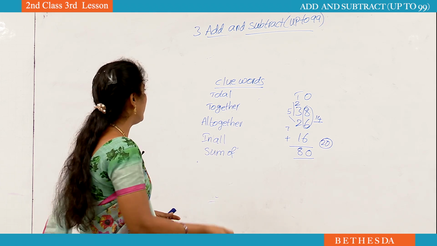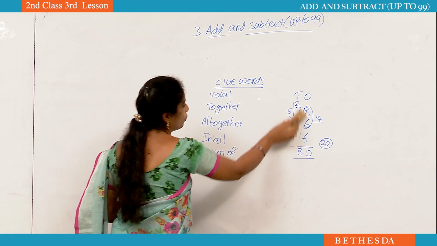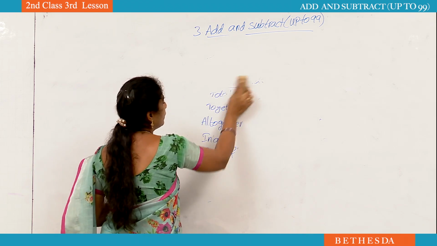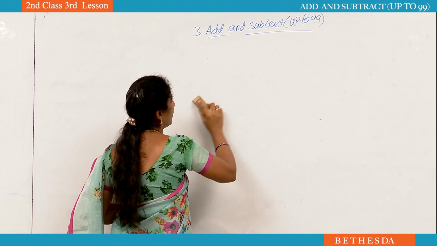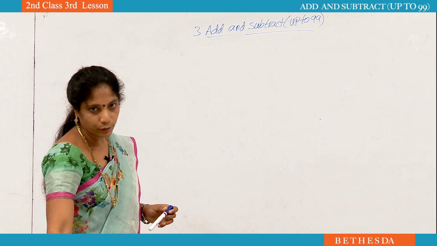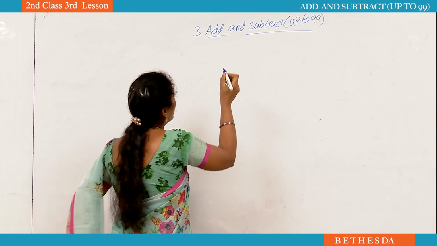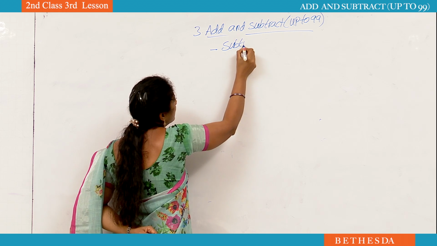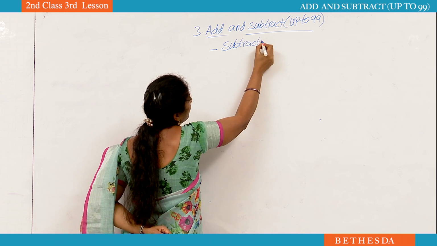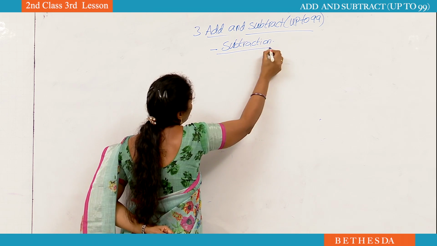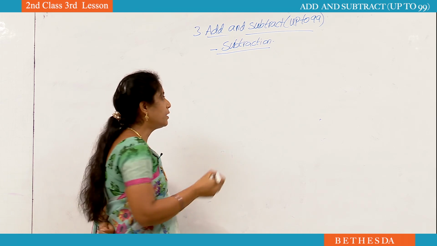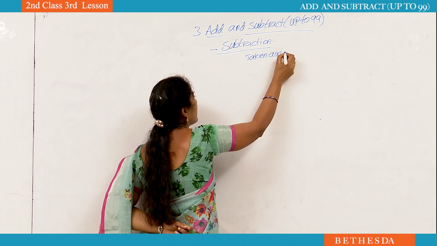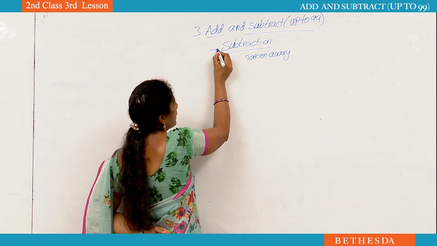Now we are going to learn subtractions. Did you note clue words for addition? All of you note your clue words for addition and read out. Then by seeing the number story, you can find out what we have to do, addition or subtraction, by these clue words. Okay, next now we are going to learn about subtraction. See here, what is meant by subtraction? Subtraction means taken away. What is the sign of the subtraction?